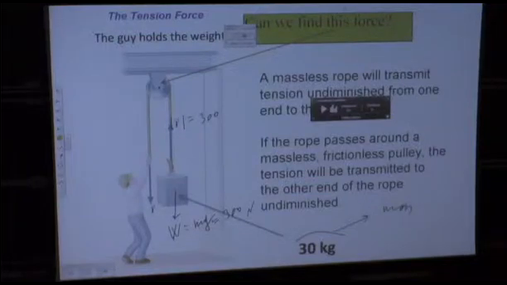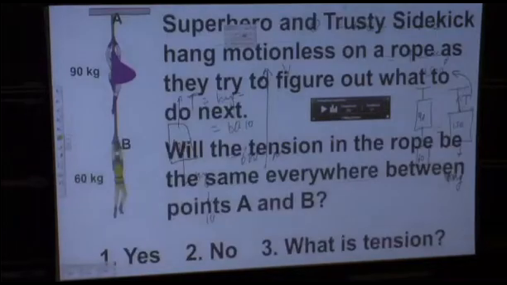And this pulley redirects the tension, but does it change its magnitude? What do you think? This object, this wheel, the pulley, does it change the magnitude of the tension in the rope? No. What's the difference between this case? The tension is the same everywhere. So this, again, the tension which has the same magnitude, 30 newtons. And this situation, when tension changes,